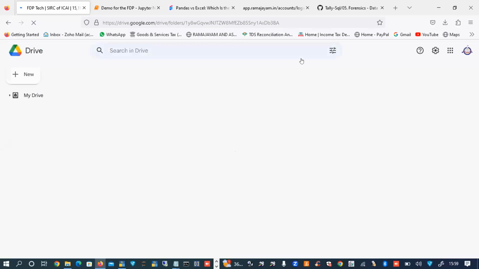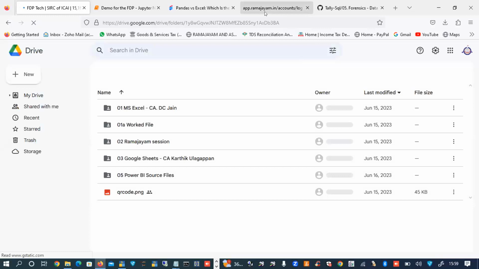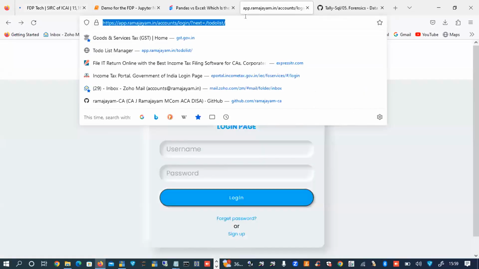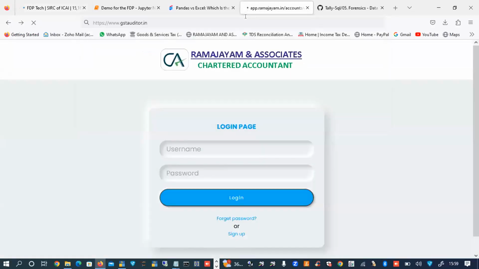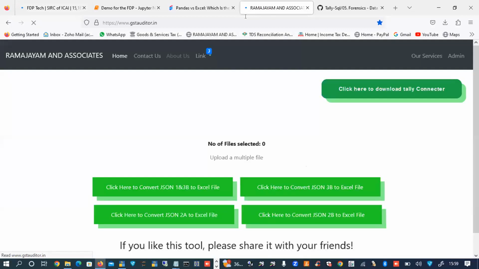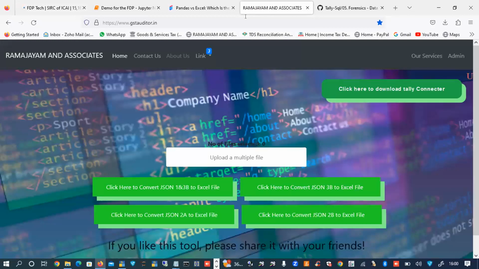Yes, sir. You are showing us this web application now, sir. When we are taking classes, we can show examples. Sir, you can show the GSTauditor.in website, which converts the GSTR1 and 2B, 3B. It's all based on the same Jupyter notebook only. Understand, sir. They don't understand, right? Because they are only seeing the user interface on the front page now. Yes, sir.